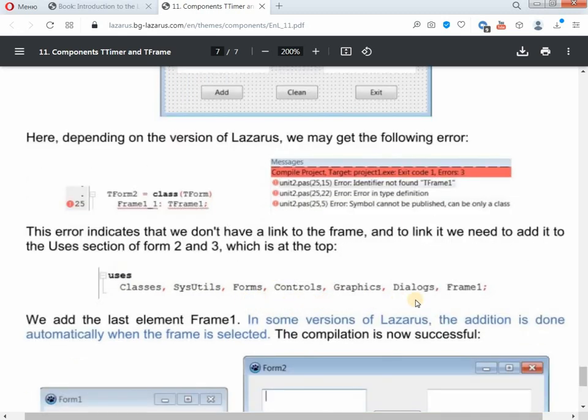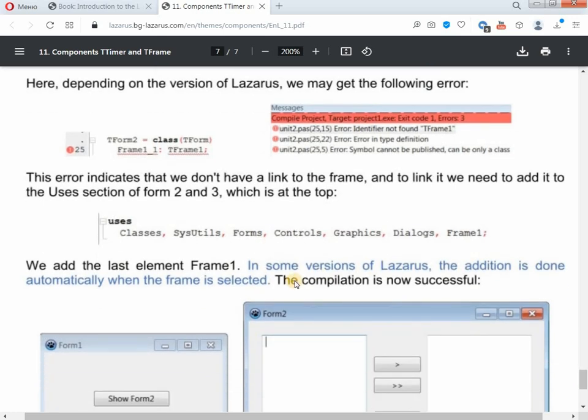We need to add Frame1 at the end of the described components. And in some versions of Lazarus IDE, the addition is done automatically, when the frame is selected. Now the compilation will be